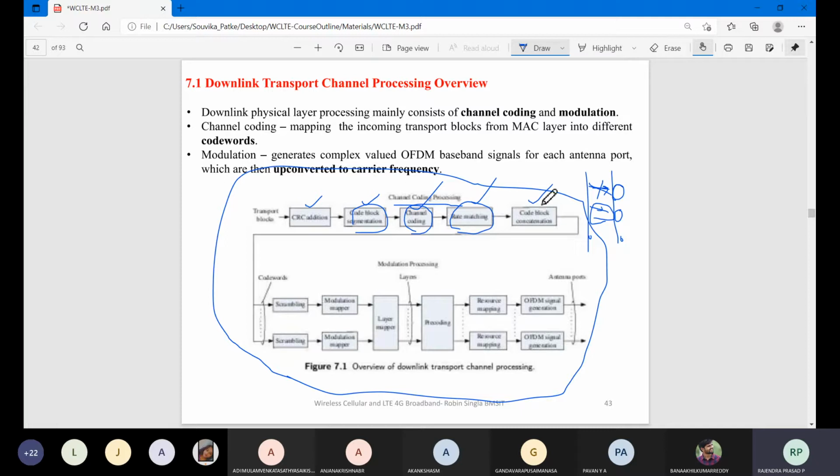Okay, so next will be concatenation. Why is concatenation required? Because you are transmitting data using multiple channels, so you are segmenting your data. One packet of data you have divided into n number of parts and segmented. Afterwards, you need to concatenate all this data. That is why you have one more section which we call the code block section.